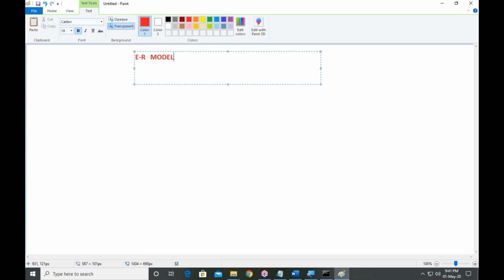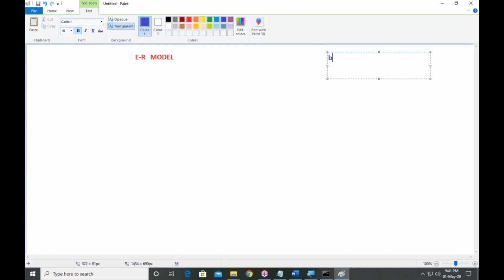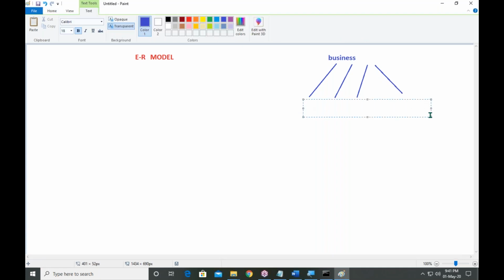So this is called a data model. Listen carefully, guys. Let us assume there is a sample business. The business has some objects: employees, departments, products, and also customers.